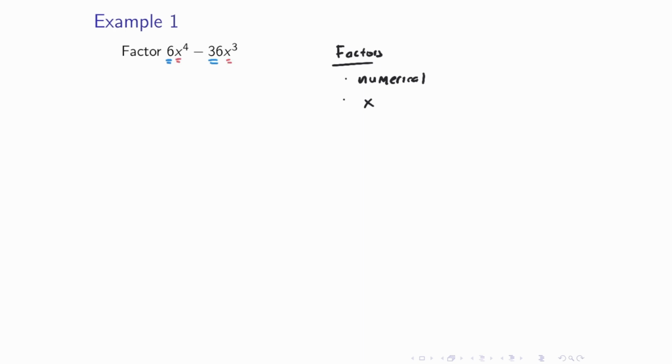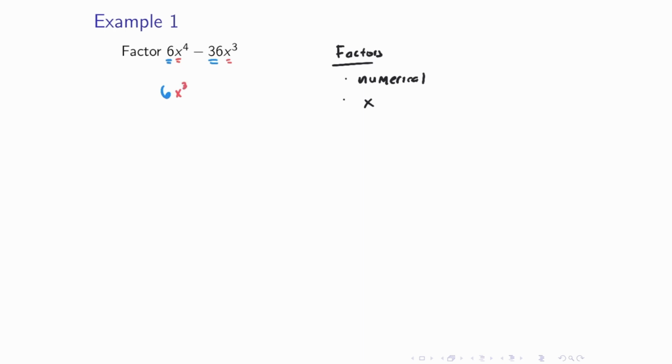So the greatest common factor is simply just take the largest factor of each type that's in all of the terms. So for numerical factors, what factor does each one have in common? It has a 6. Okay, because we have a 6 in the first term, 6 times 6 is 36 in the second term. For the x, what is the largest power of x in each term? Let's see, we have an x to the fourth in the first, x cubed in the second. So the largest power of x in each term is x cubed. And that's the greatest common factor.